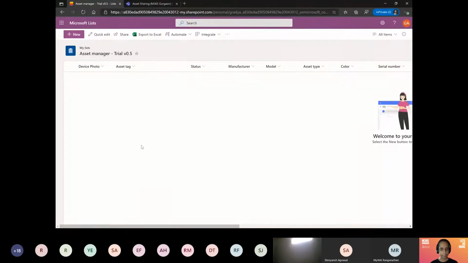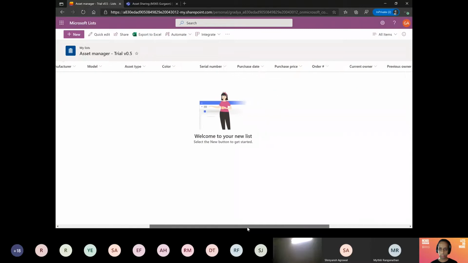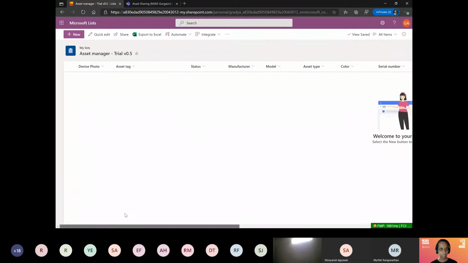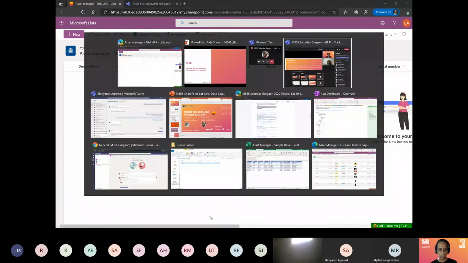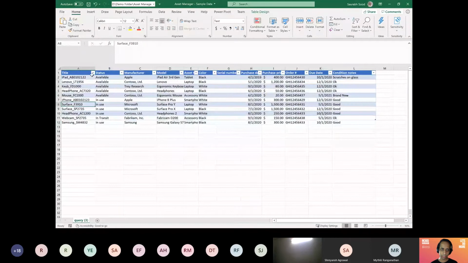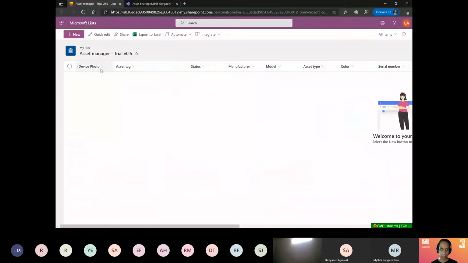So I get this schema. Let's add data to it quickly, right? This is one trick I really liked. I'll just move some columns just so that it makes my life easier. And then I will switch over to Excel that has the same schema. So you see title, status, manufacturer, model.